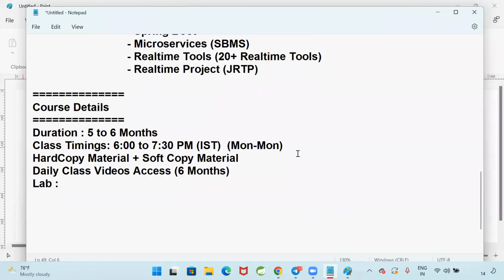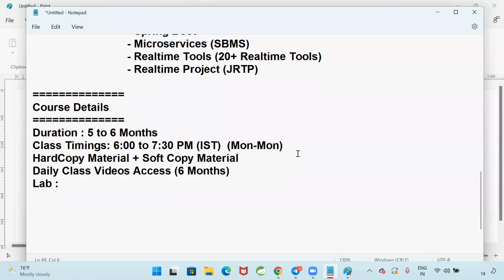For online people also, daily 1.5 hour doubt discussion will be available. Offline people 9 to 6 at any point of time. He will be there in the institute. He is working from home. If you get any problem, you can reach out to that person. That person will help you to resolve your problems whenever you are practicing.